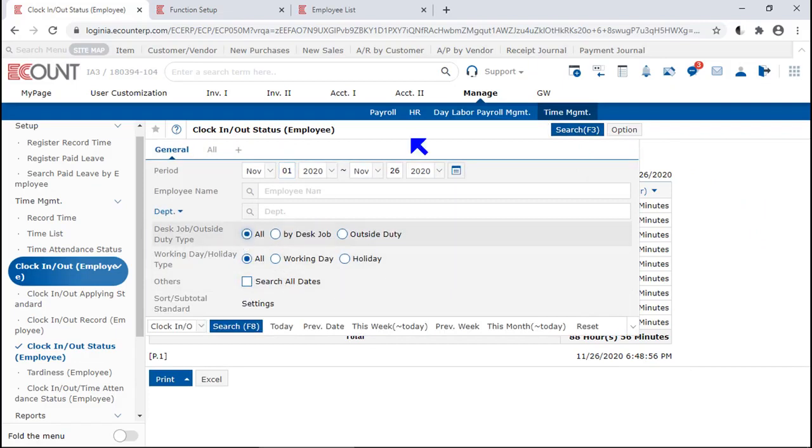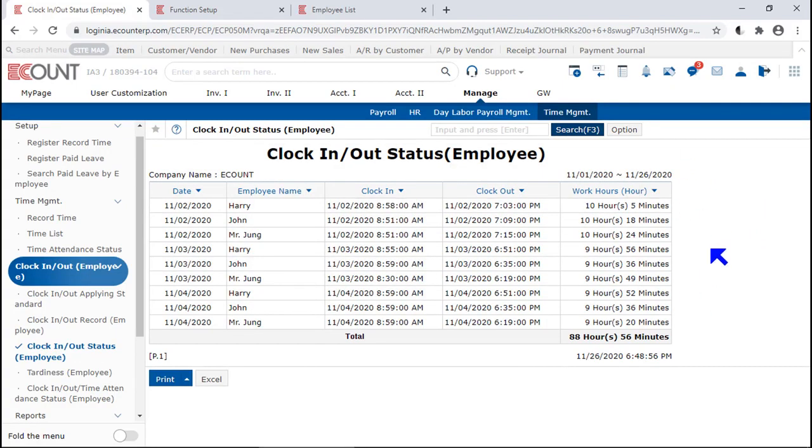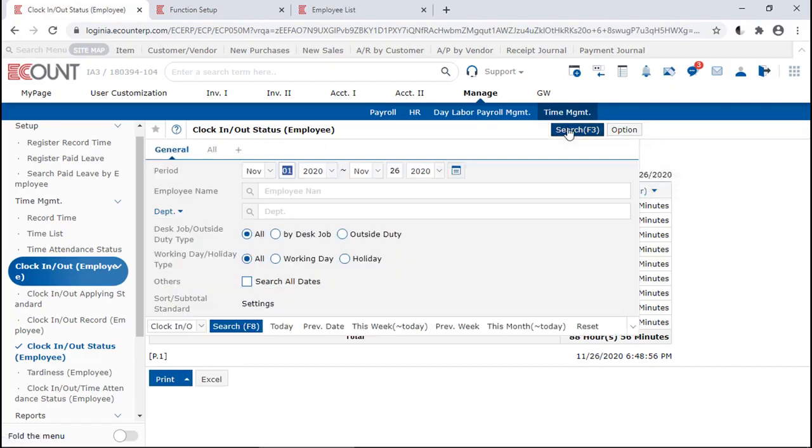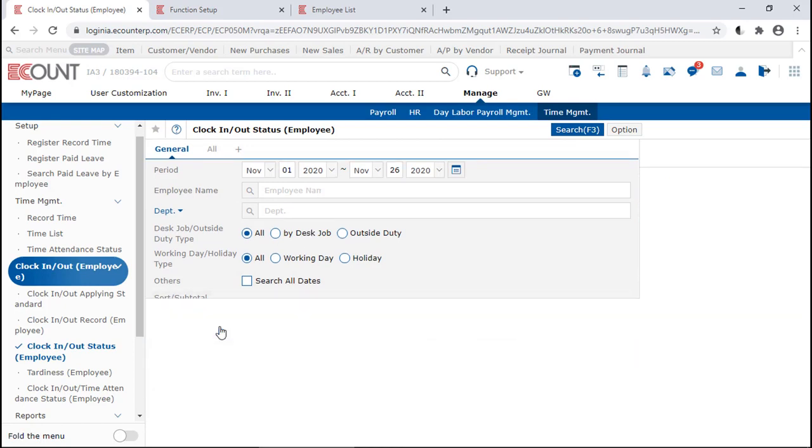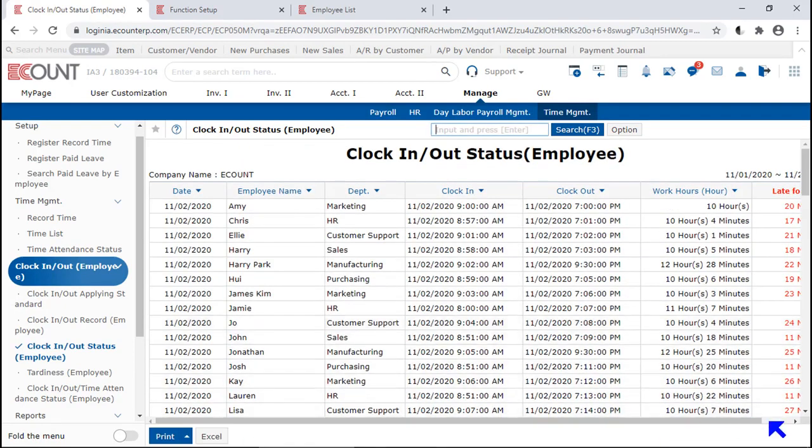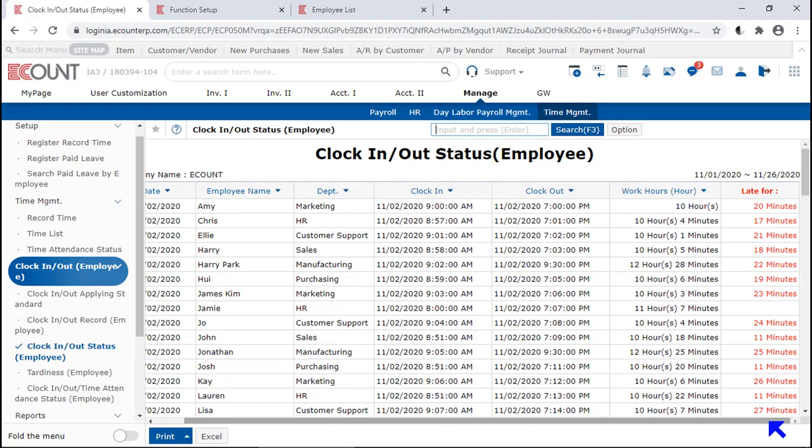And you can also add columns to the displayed template by clicking Option, Template Setup, New Template button. After generating a new template, you can select the newly generated template at the search template bottom left. So here I have set up a new template by Template Setup. And in Template Setup,